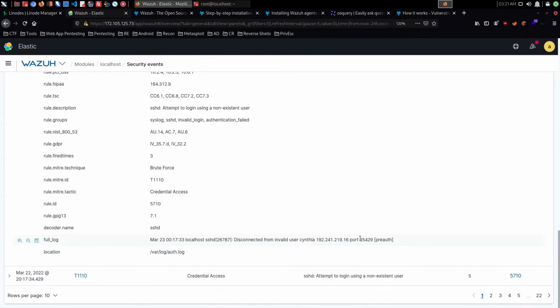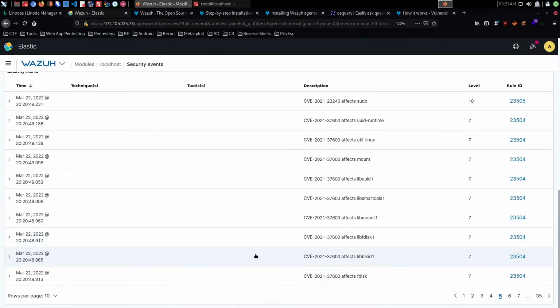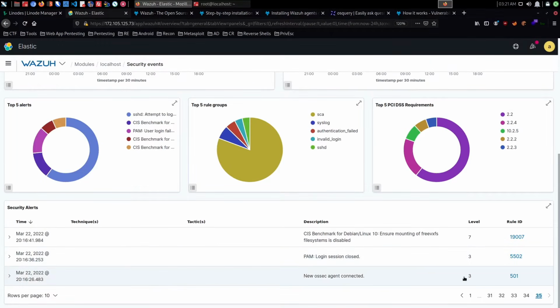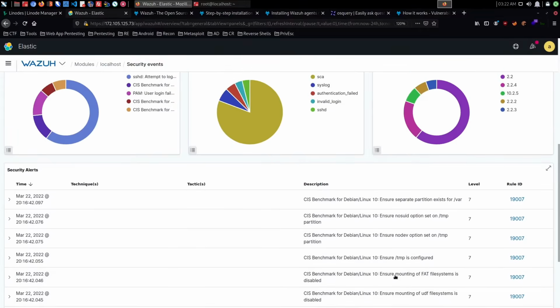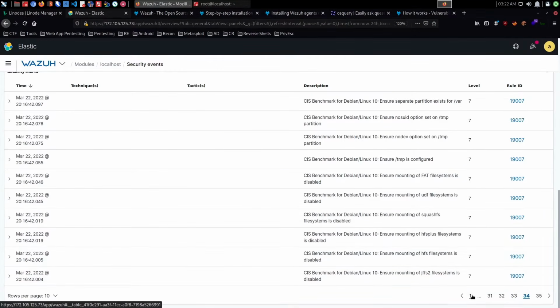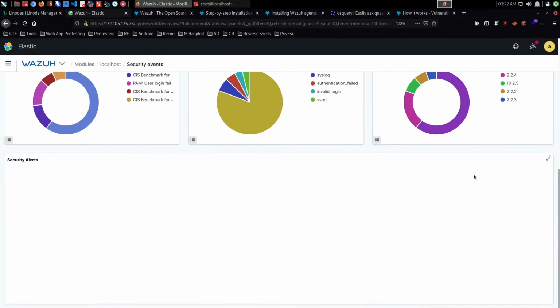Yeah, that's correct, and disconnected. So if we click on page 5, these are all CVEs. Let's click on the last page here. If we click on this one here, we can see that these are just security alerts. Yeah, these are not relevant, but we can essentially, if we click on the level, display them